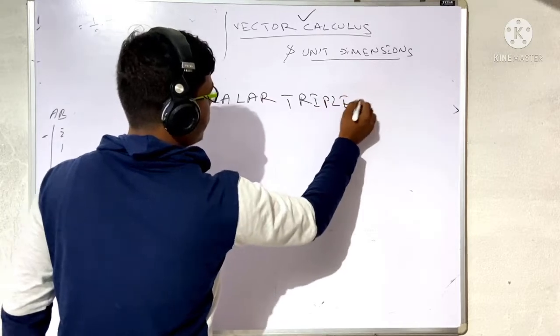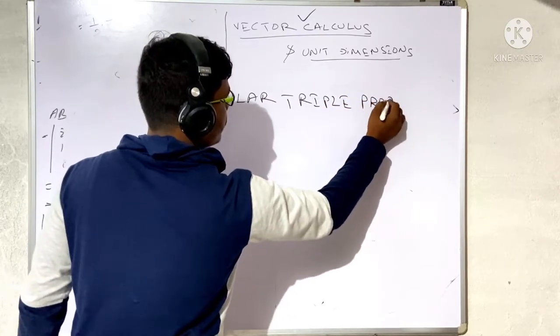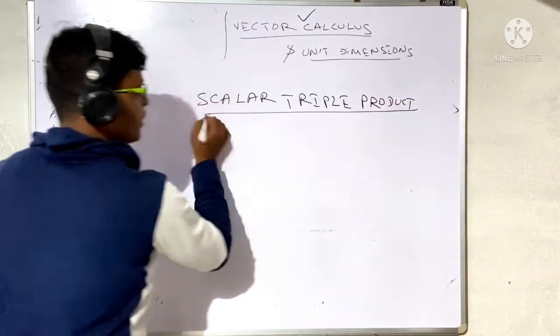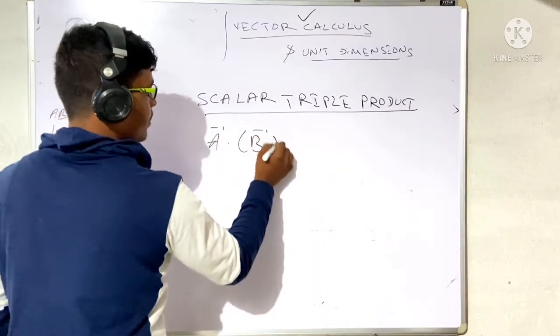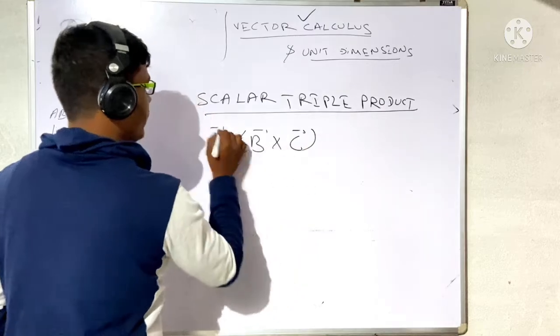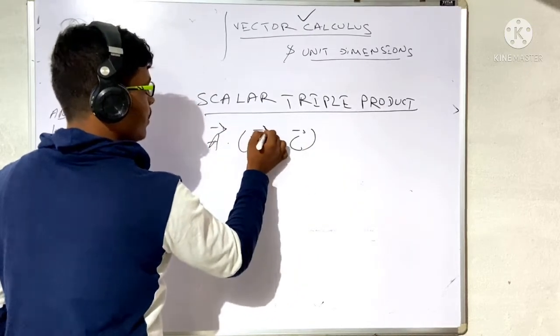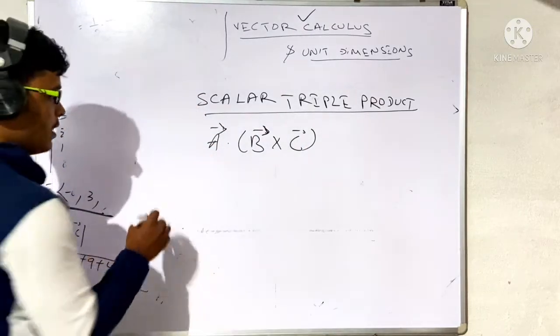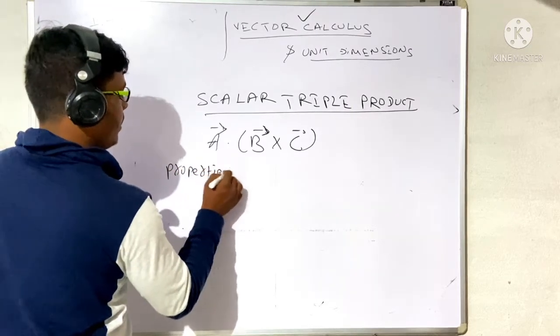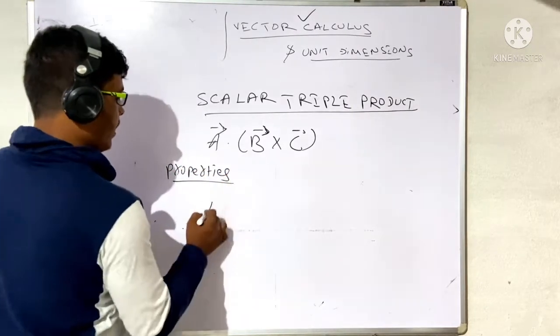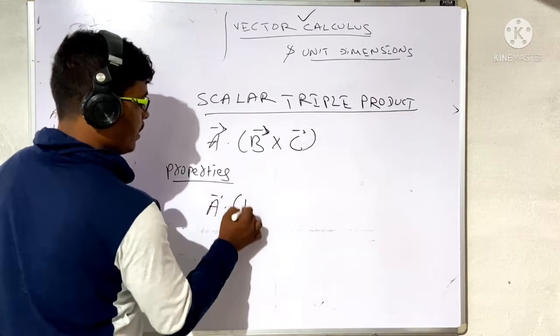What is the scalar triple product? A dot B cross C. Okay, A dot B cross C. Some properties I am telling you, which I forgot to tell you that day. So remember, A dot B cross C